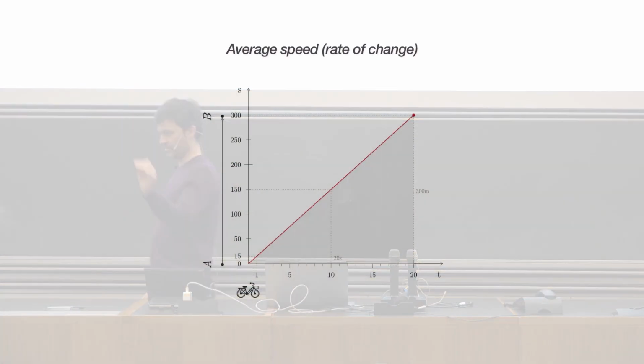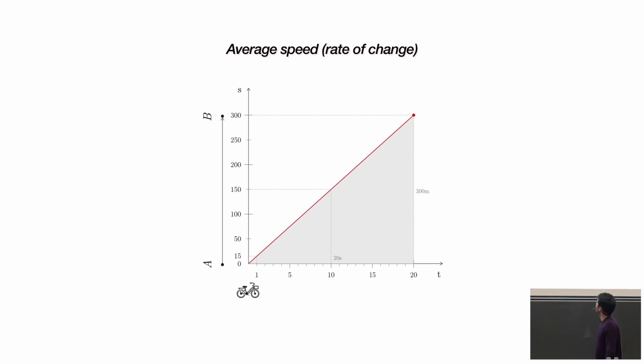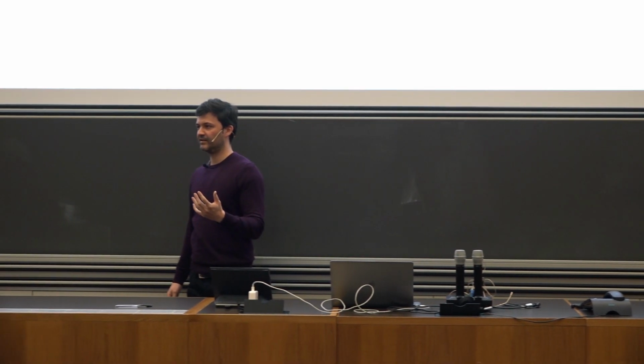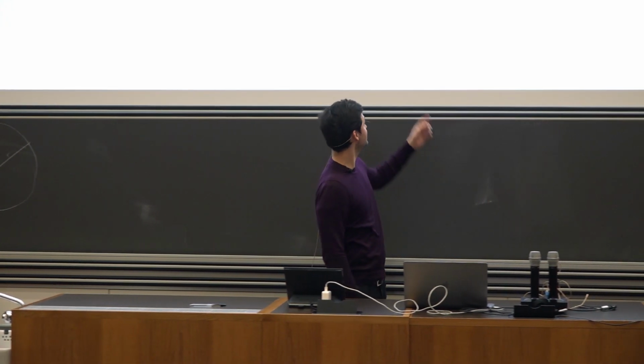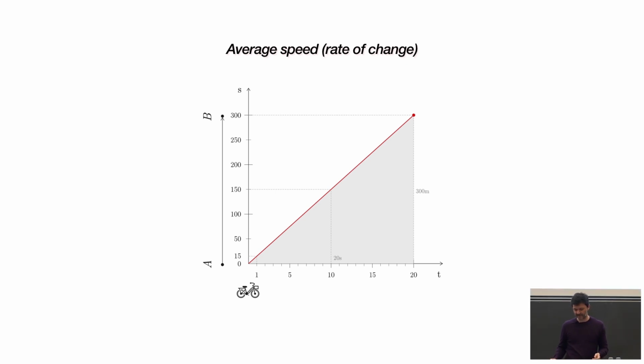Well, the consequence of this linearity, of this kind of constant speed, is that you can either say, okay, I go 300 meters in 20 seconds, or I go 150 meters in 10 seconds, or I go 15 meters in 1 second. But the whole idea is that we would like to have a more standardized way of describing things, and one of these is called rate. And rate means that this number that we divide needs to be 1. So we look at 300 divided by 20, we get 15 over 1, or 15 meters per second. Okay, this is the so-called average rate of change, because there is change which is introduced by time.